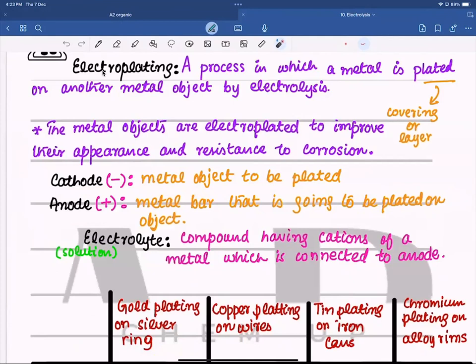Impure? No, it's not necessary. For purification, we use the impure. Now it's not necessary in this case, because we want to plate an object with something. For example, there is